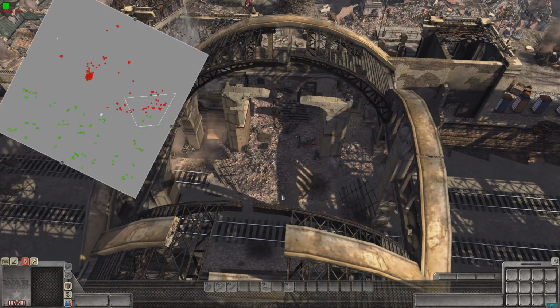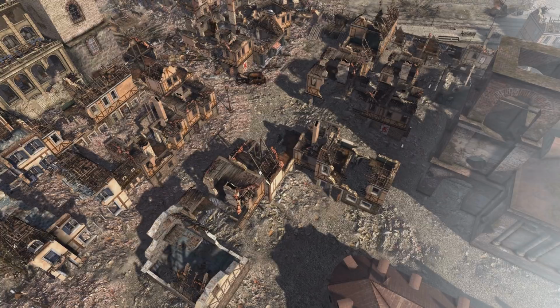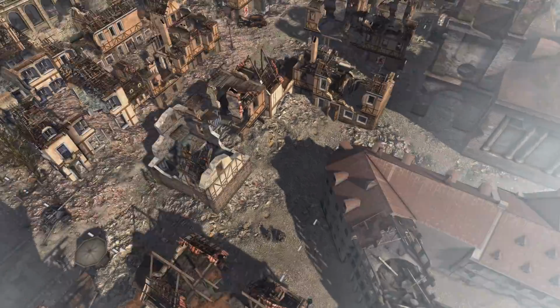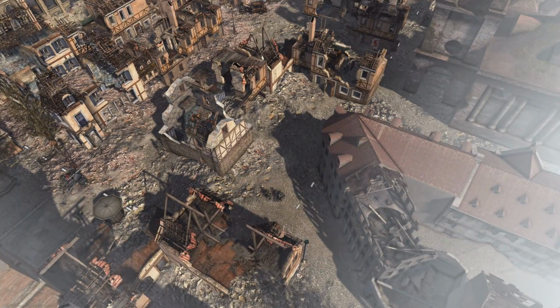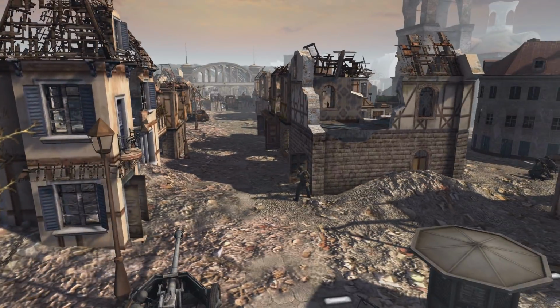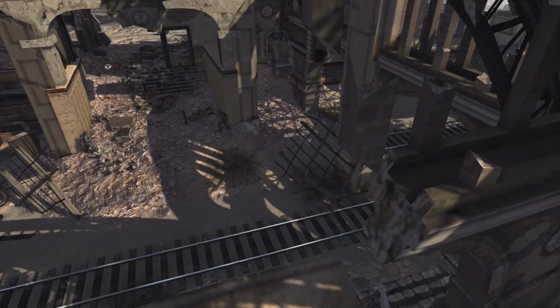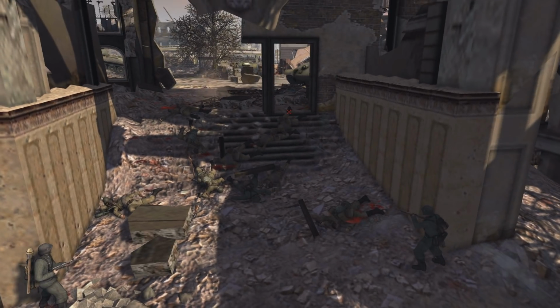That is really cool. Let's look at the minimap again. We've got German mortars supporting the front line right now. Boom. And we've got a PaK-40 back here that I think is going to have its say against the Russian armor if it spots it again. It's definitely not going to let it pass through.